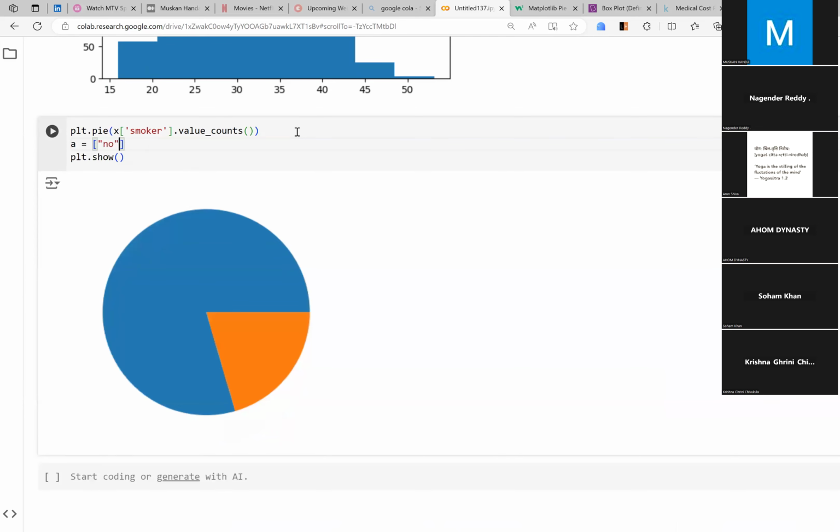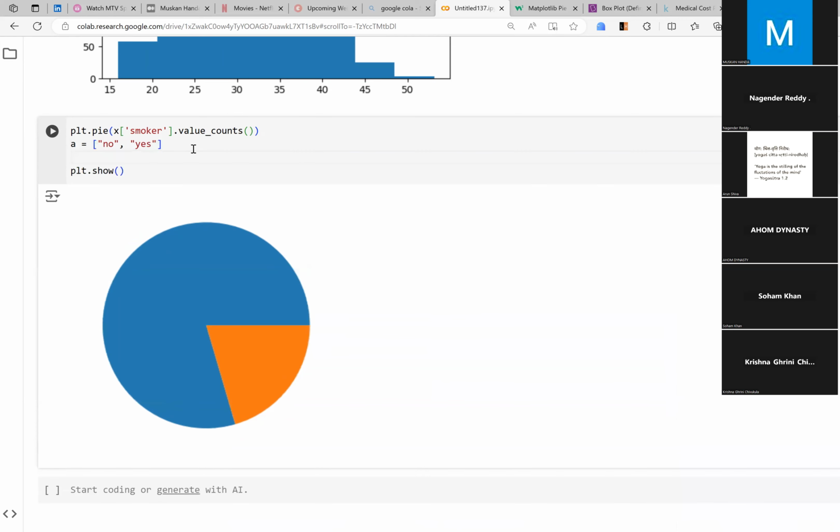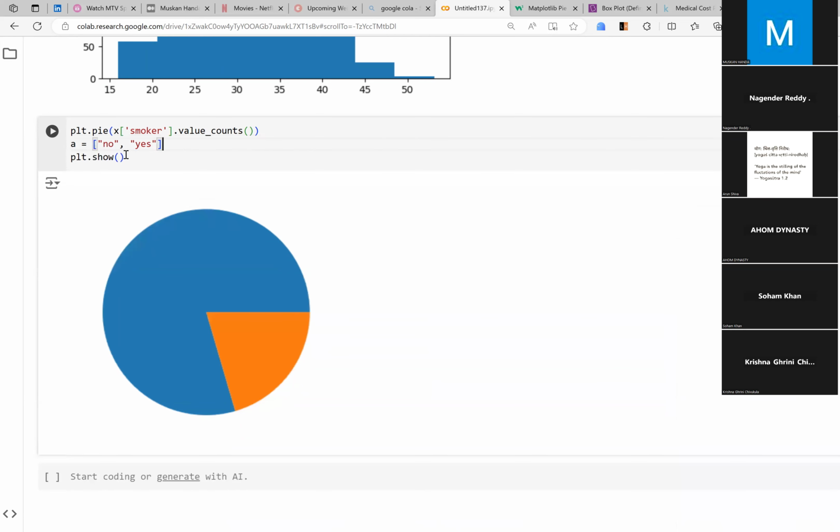No and yes. Simple. ये मेरे labels हैं. No है and yes. Okay. Now, what you need to do is once you are showing these values to your